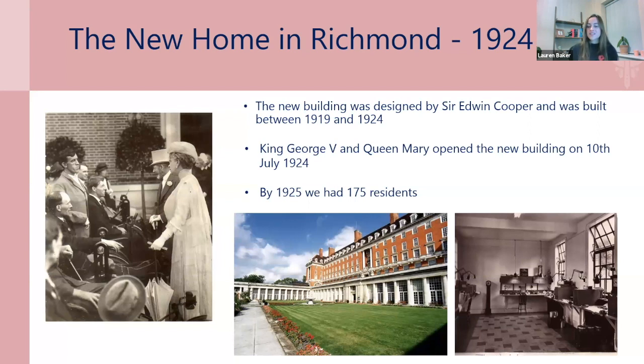The Star and Garter magazine that was published in the home in October 1947 reported that the object is to train as many patients as possible to become proficient in handicrafts, so that a percentage will be able to return to their homes. Those who have to remain in the Star and Garter will be able to practice their handicraft in the home workshops. As you look closely at the picture in the middle of the screen, you can see the top floor, where staff actually used to live when they cared for